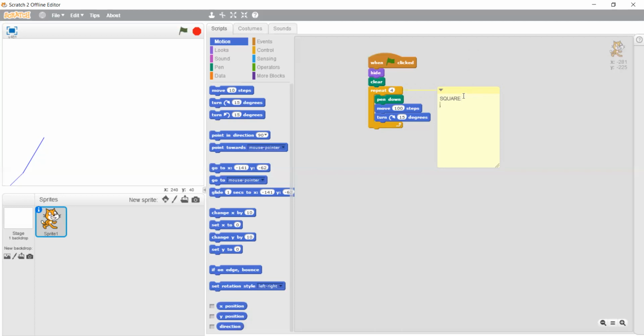So then after that, come to the repeat. Now mention the 4. Okay, that means it is having 4 sides. And after that 90 degrees. So now let's see how we are going to get the output. Now see, we didn't get anything. Hey, we are getting it actually, but it's not coming here. Okay, now see here, you'll get it. Yeah, now you are getting some random images or something like that. Okay, now if you click it on again, now we are getting like this.